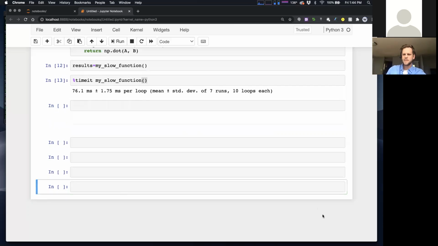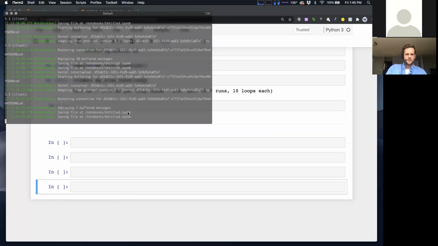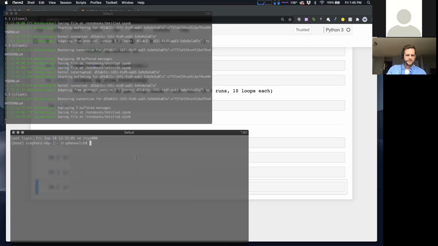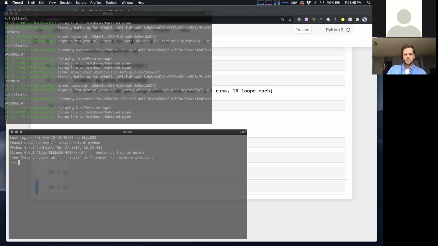So Austin says, are magic functions for Python or only in notebooks? Yeah, it's a great question, Austin. Let me show you something. Let me go back to my terminal real quick. I'm going to make it a little bit bigger. So I can launch Python. If you have Python installed on your computer and you type python in the terminal, you'll have launched a Python environment, and you can do things like add 1 + 1. What Python does not have are these magic functions. So if I do pylab inline in the terminal, I get an error, right?